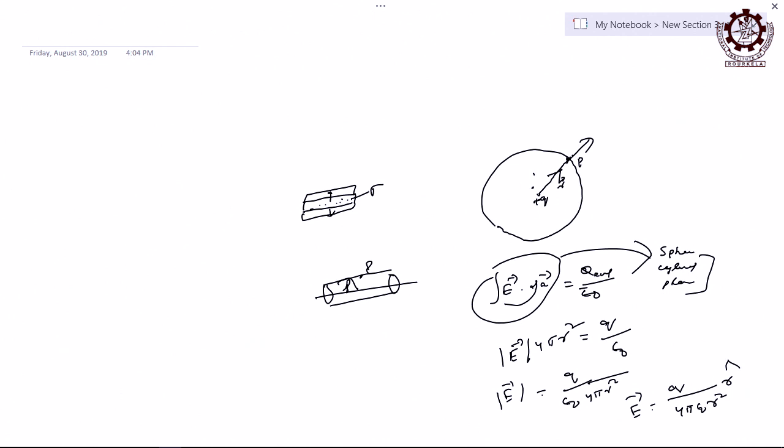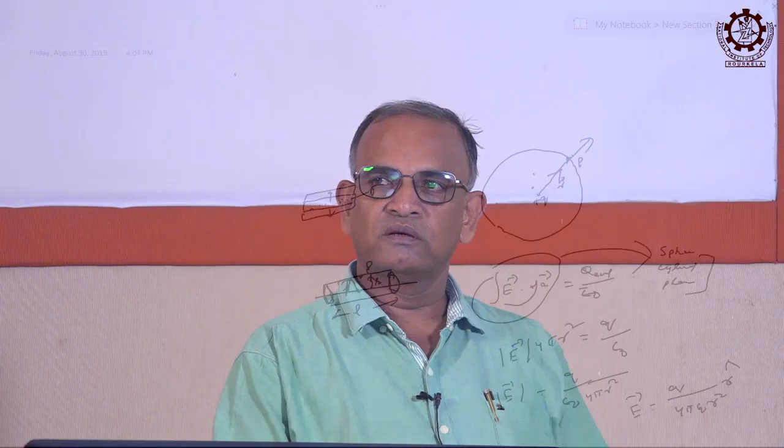spherical, right. Now come to this cylindrical surface. What to do, how to get the intensity at this point P shown here in this diagram? How will you get the intensity at that point P if there is a linear charge distribution of lambda, and let the length of this cylinder be L and its radius S? That Gaussian surface must have some length and radius, let that be L and S respectively.